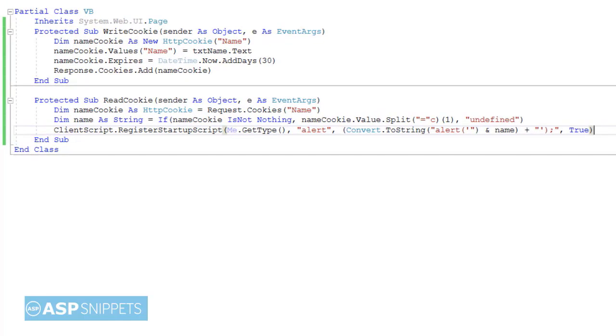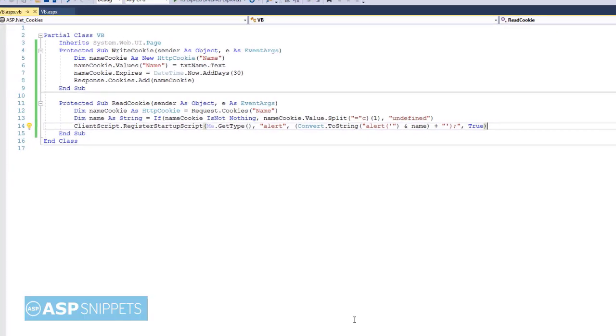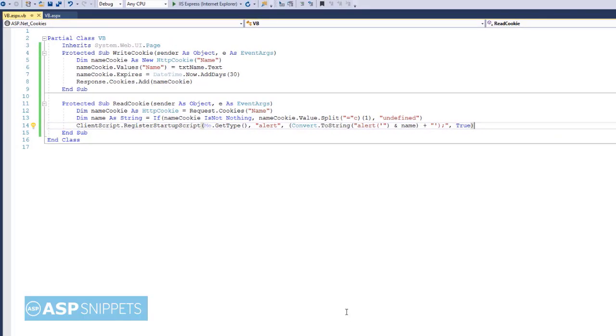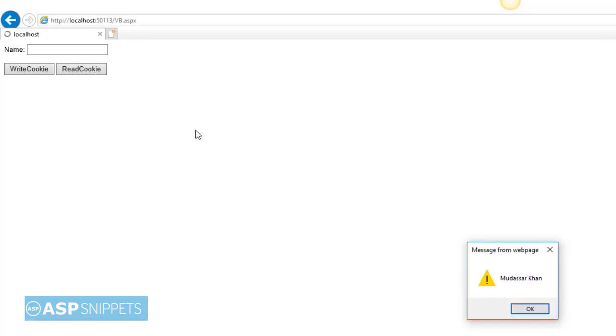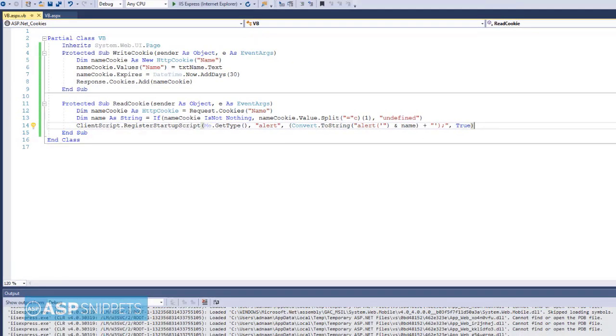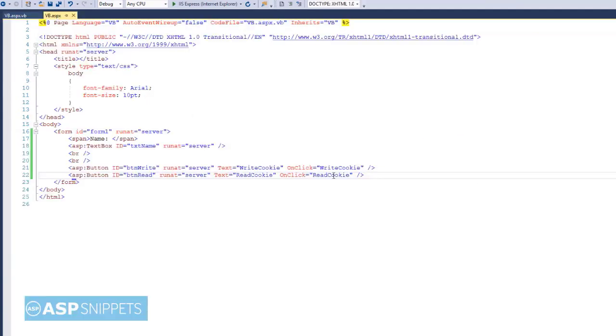So our event handler is completed. Let's run the code and check it. So this time I'll directly click on the read cookie button, and as you can see, it is displaying my name. So now we'll move to the final part, which is deleting the cookie.